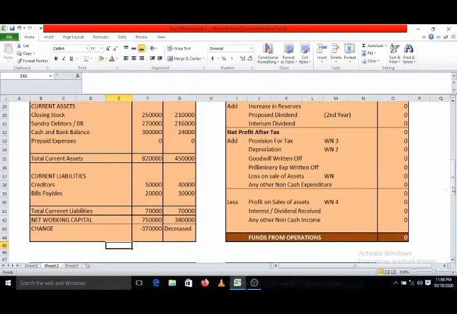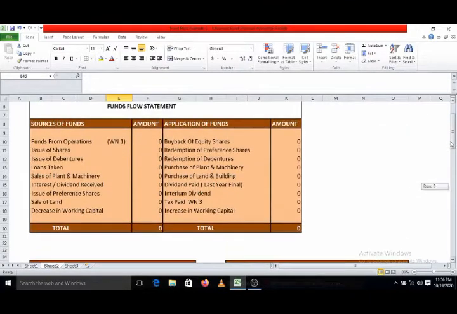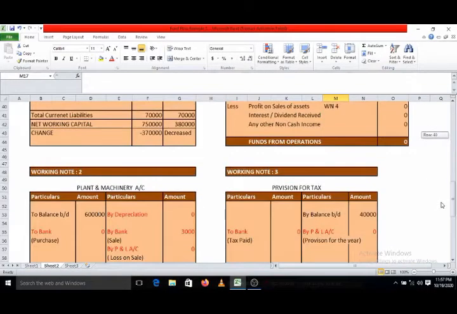Now immediately we will write this amount on the fund flow statement. Check out, decrease in working capital. Where will it come? Source or application? Obviously application. Decrease in working capital by rupees 3,70,000. So obviously if a decrease in working capital is there, an increase in working capital will not appear. So either there is a decrease in working capital or an increase in working capital. Okay. So this statement is over.